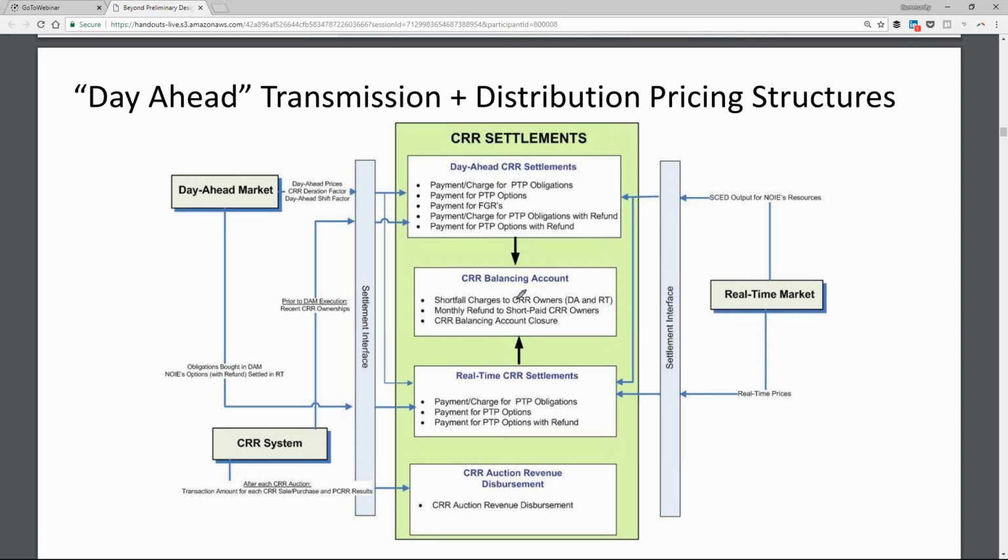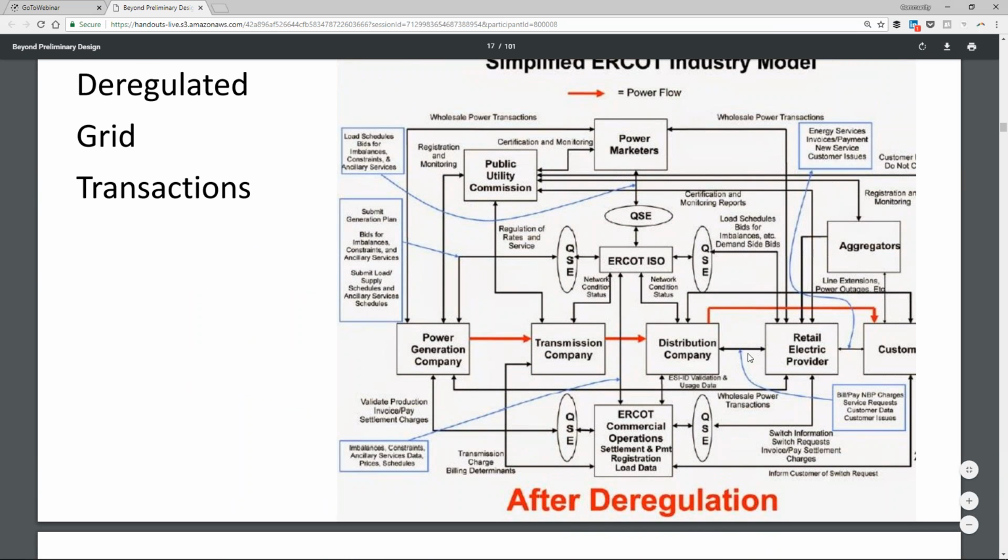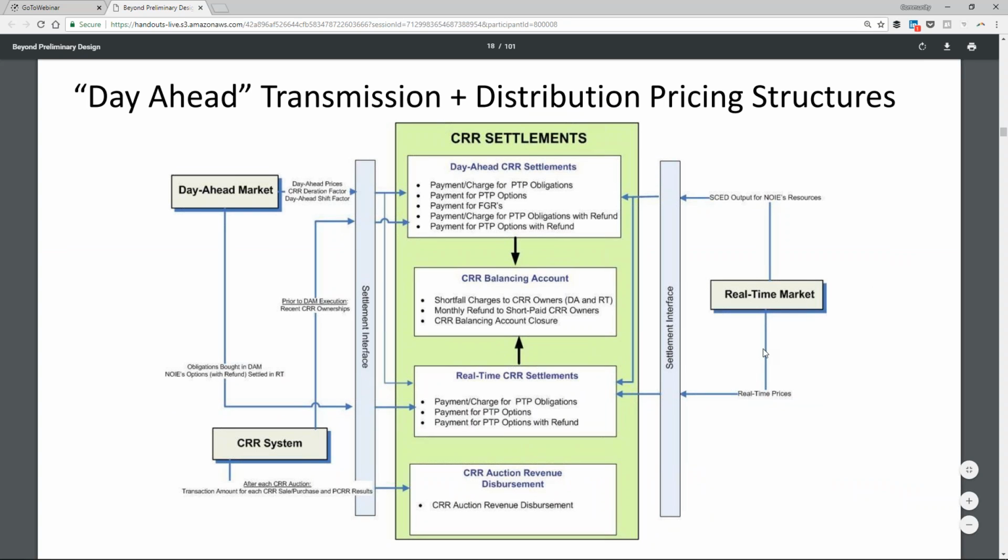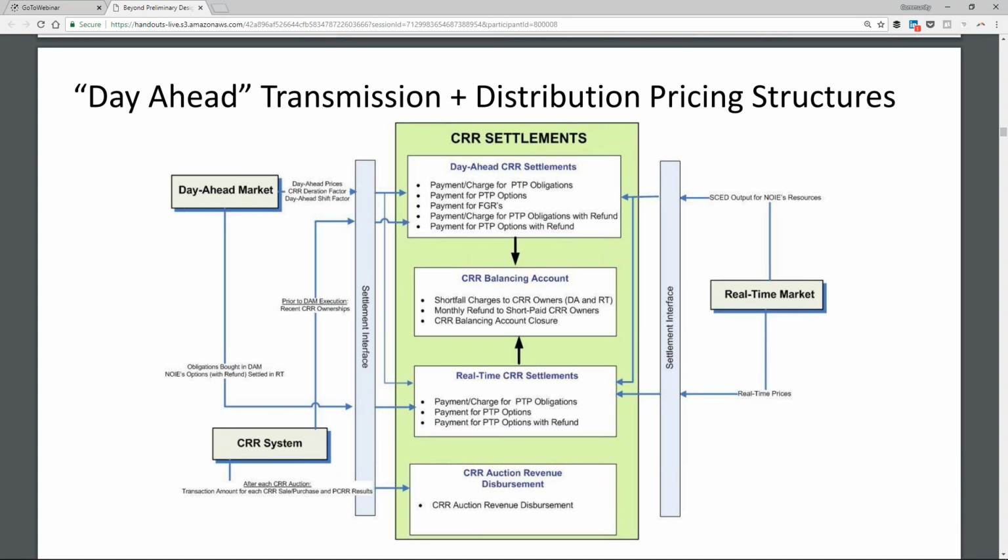Well, how it works on the deregulated market is you have various retail electric providers who are not the power generation companies, and then you have this transmission network and they need to be paid, and the distribution network and they need to be paid. How it happens is there's kind of like a stock market for buys and sells, except there's not much matching. It's not like you have one person saying, I have to have 10,000 shares at this price, otherwise I won't sell. You can have that in a stock market, but